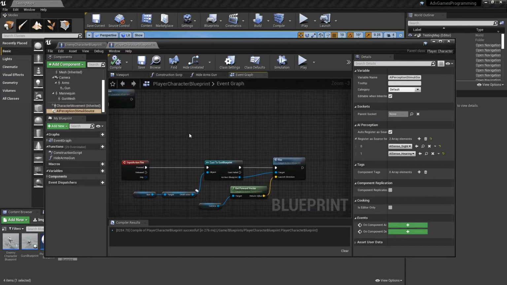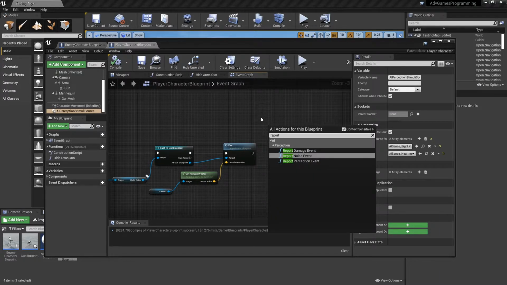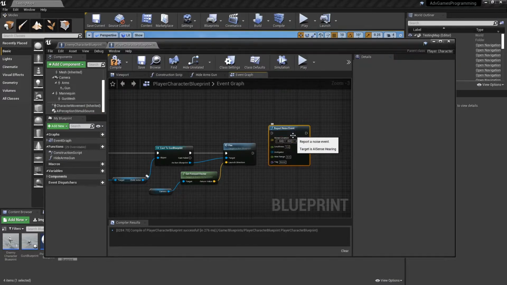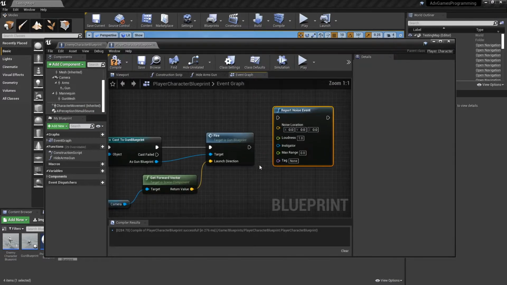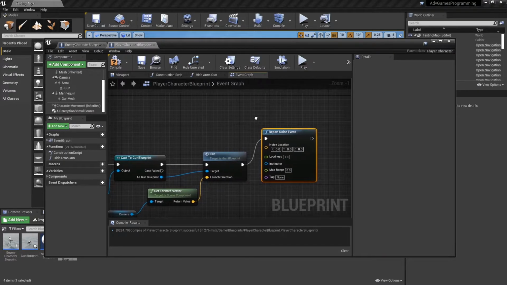to add in a report noise event. This function informs the AI that there has been noise at a certain location on the level. We're going to be dragging in the execute link from fire into report noise event, as this takes place after firing the gun. For an instigator, we're going to be using the gun mesh, as that's the weapon used to